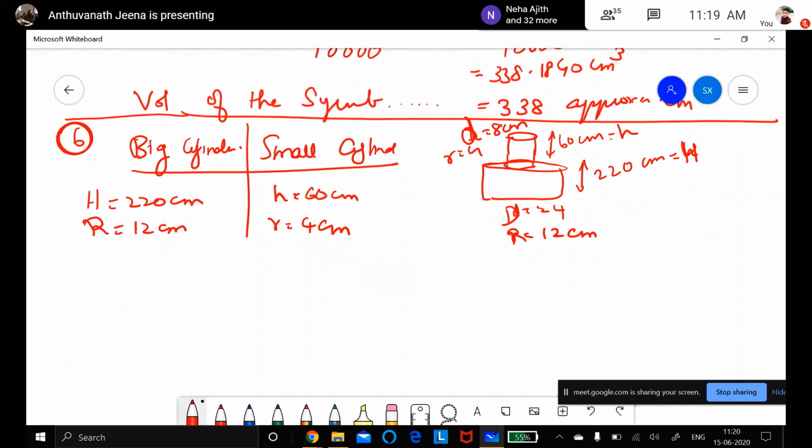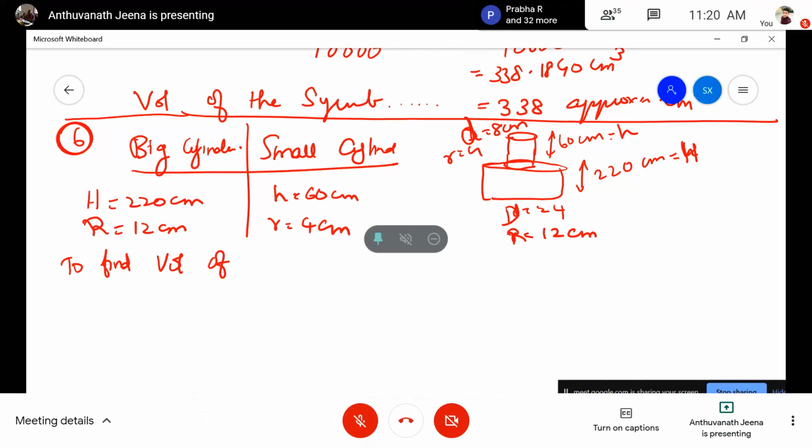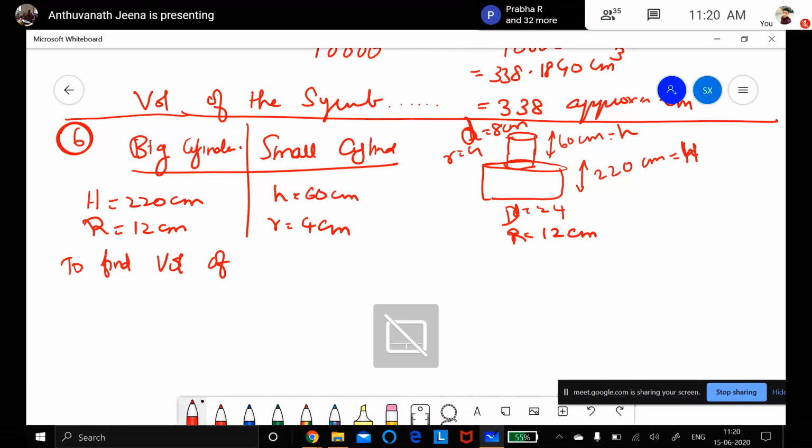Okay? What is given you write neatly. And then you write to find the volume of what you should find. You should write to find the mass of the pole given that 1 centimeter cube of iron has approximately 8 grams mass. Okay, this will keep it in the rough column. Mass is nothing but here in mathematics we take volume only. In physics it is different, density, mass. So here you calculate volume and then you convert it into mass. Okay, to find the volume of resultant solid.